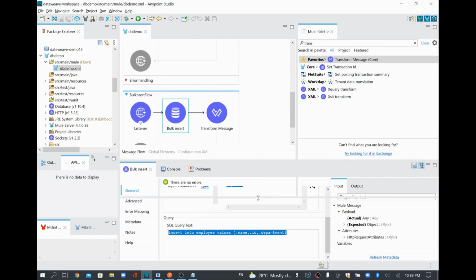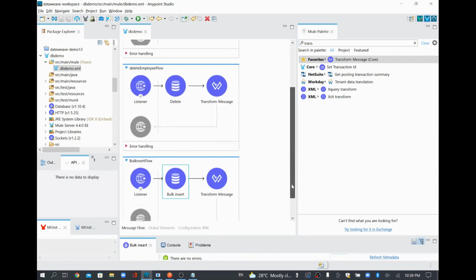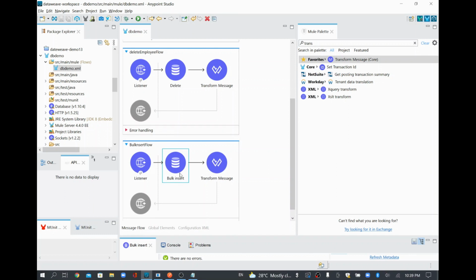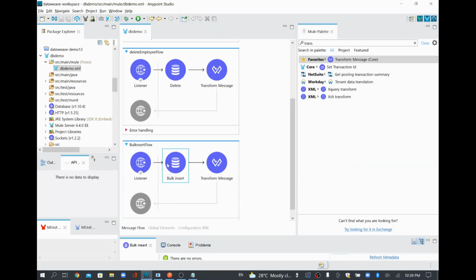So in this demo today, we have seen how to insert data into the table, how to delete data from the table, and also how to insert multiple records into the table using a bulk insert. This way you can use one connection to insert multiple records to the table. In this sample, I have only posted 3 records, but you can post n number of records, whatever you want. Even if you want to post 5 or 10 records, you can do that as well. Using one connection, it will post the data to your database.